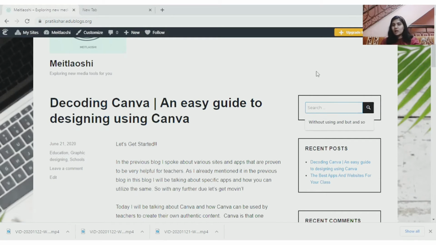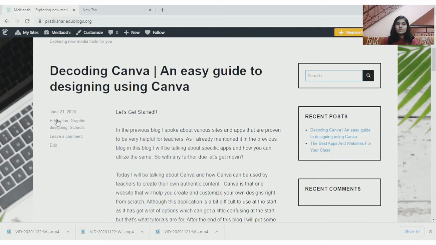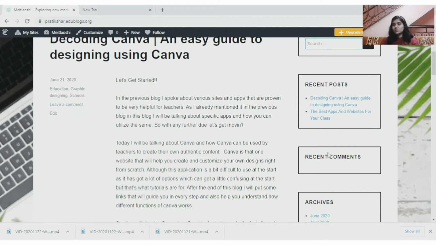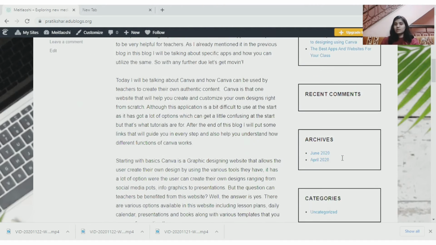You can see now when your students come here, they can search for whatever topic they want to search for, right? For example, I want to search for ODCP. If there's any blog on ODCP, it will appear when I click on search, right? Recent posts, they can also see the recent posts that I have done. They can see the tags that I have used over here. They can leave a comment over here, right? The students can also see the recent comments here.